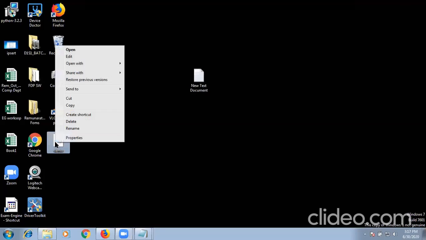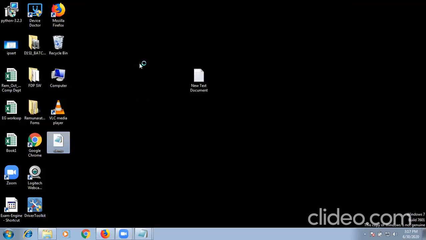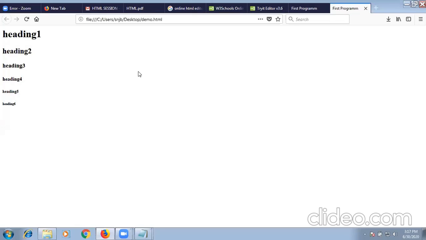If it is not there, then right click on it and open with Firefox, Google Chrome or Internet Explorer. I will open it with Mozilla. So you can see headings 1, 2, 3, as the number goes on increasing, the size of your text goes on decreasing. Okay, understood?